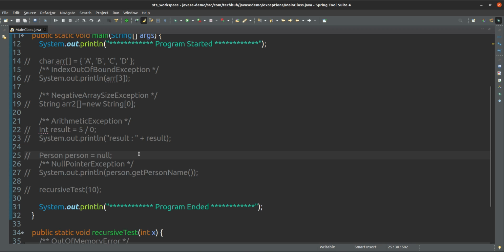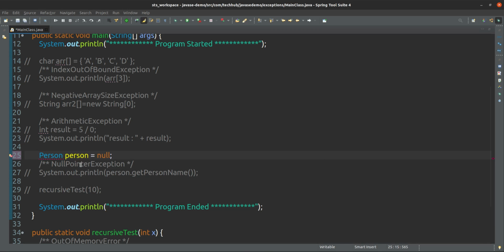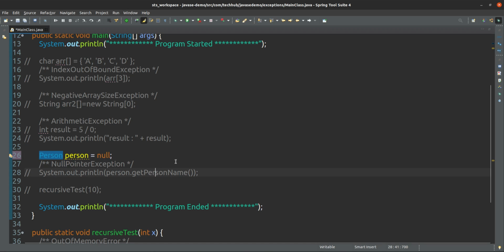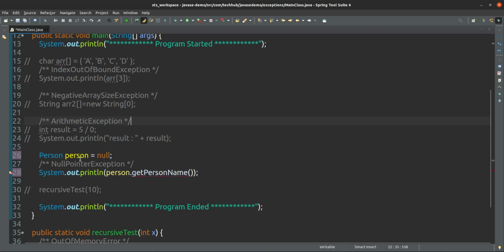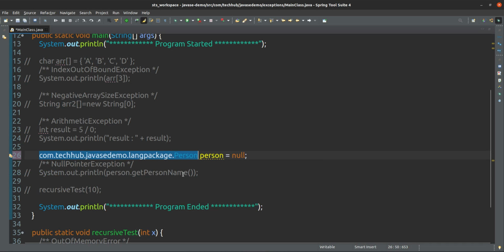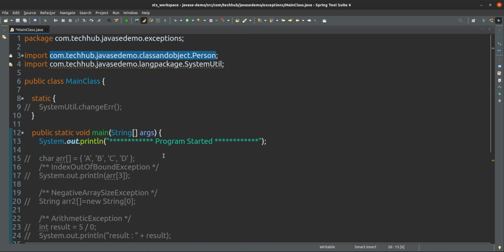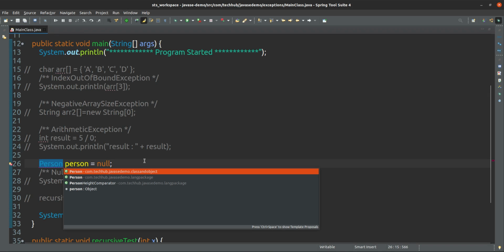Another one is null pointer exception. Suppose this is a person class. On top of this person class, what I am trying, okay, not that one, I think we have imported wrongly. Just remove this import statement once, because the person class exists in